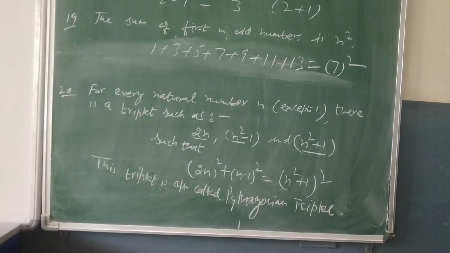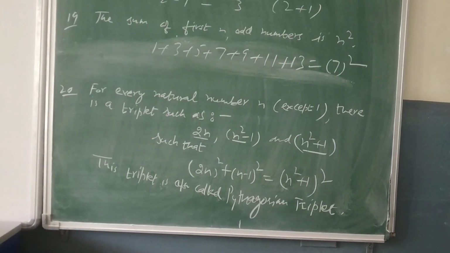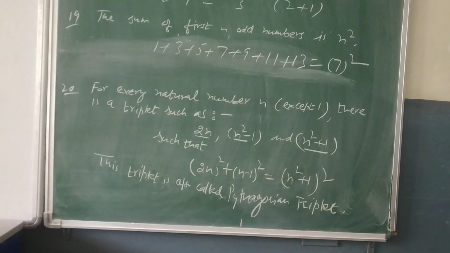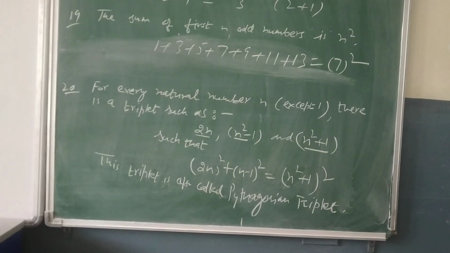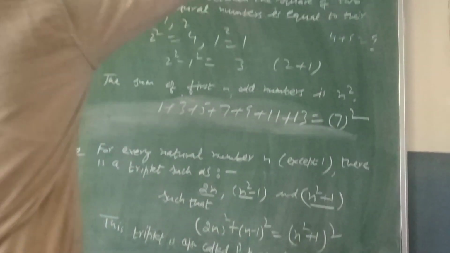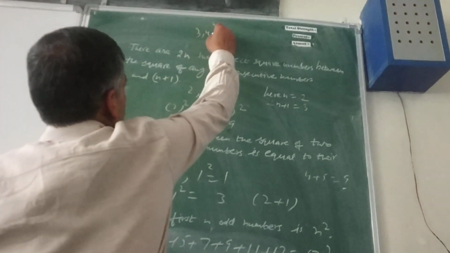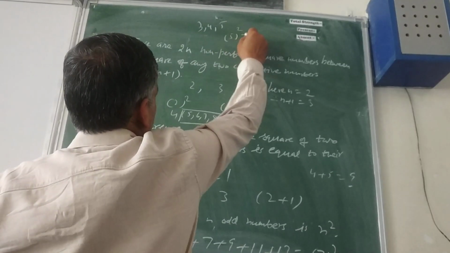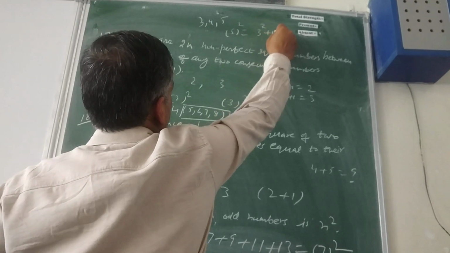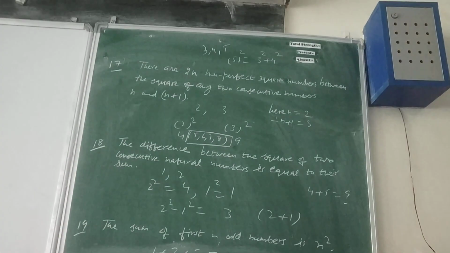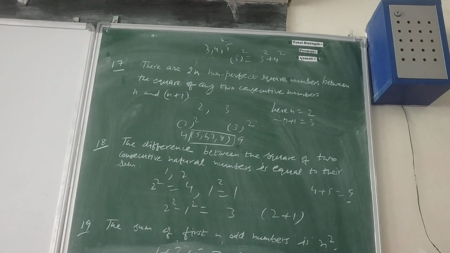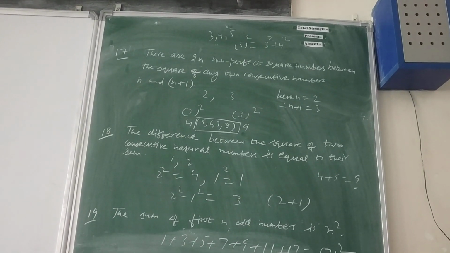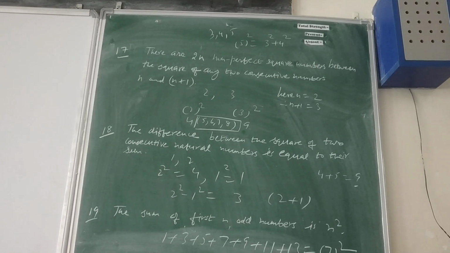I hope in your class 7 you studied the Pythagorean triplet. What did you say there? You said the square of the greatest side. Suppose I am taking the example of 3, 4 and 5. So you know 5 is the greatest side. The square of 5 will always be equal to the sum of squares of 3 and 4. You do it. 5 square is what? 25. 3 square is what? 9. 4 square is what? 16. So 9 plus 16 is 25. So your left hand side will always be equal to right hand side.